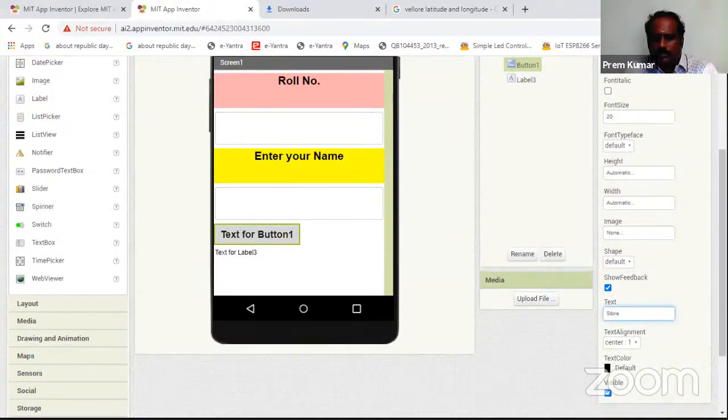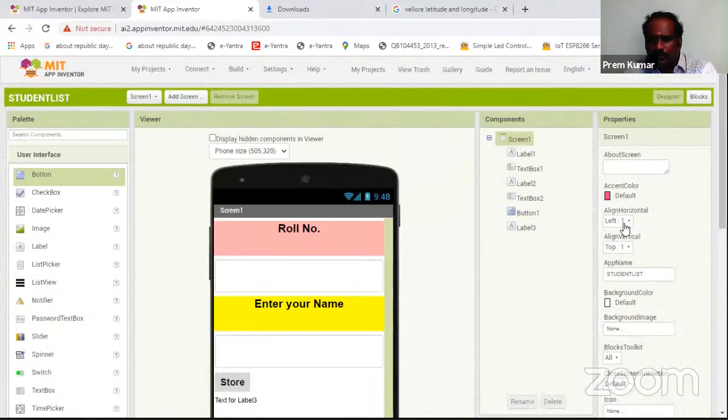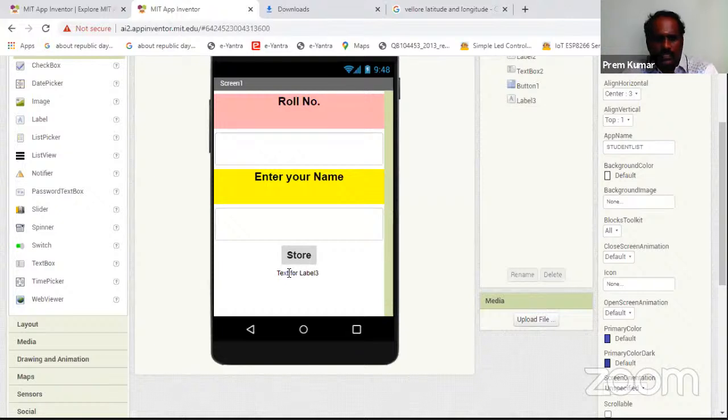I'm clicking the screen for horizontal center. Center it and you will get it. That's all. And another text box